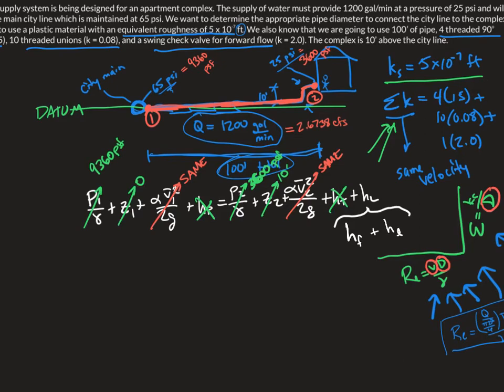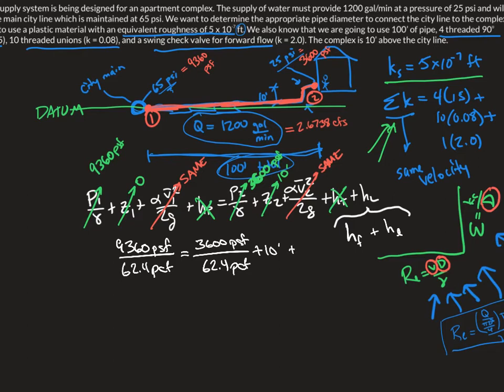So this equation is ugly, uglier than we usually have it. Usually we have a reservoir on the left, and in this case we just have pressurized flow, and that's what's driving it up into the apartment complex. Let me show you one intermediate step here. 9360 PSF divided by 62.4 PCF, so that'll give us feet, equals 3600 PSF over 62.4 PCF, plus 10 feet, so everything's in units of feet, plus